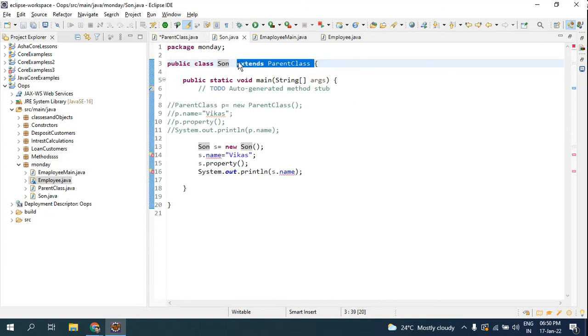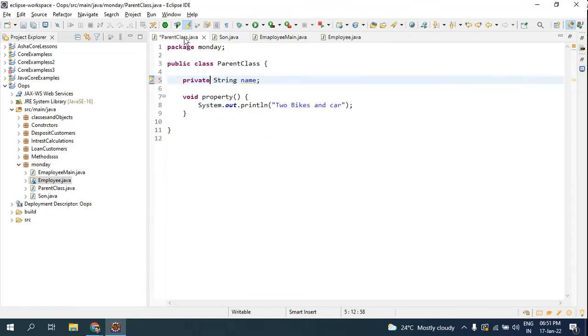So it is not that once you extend a class, you can access everything that the father has. What the father did here is that my son can take this, but my son cannot take this from me. So he made it private, you cannot use it. Once I make this protected,